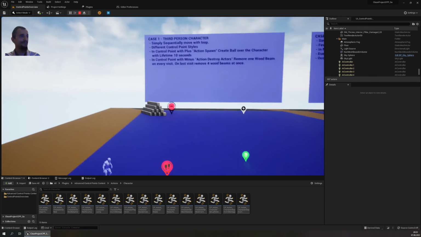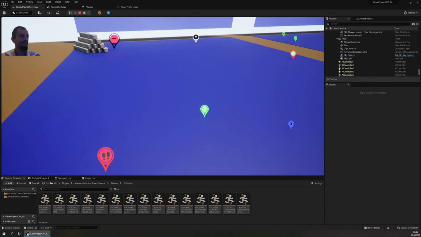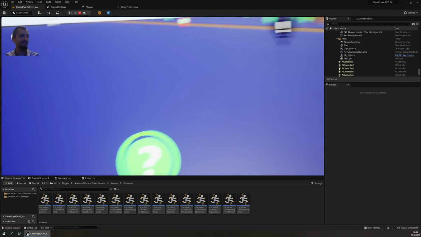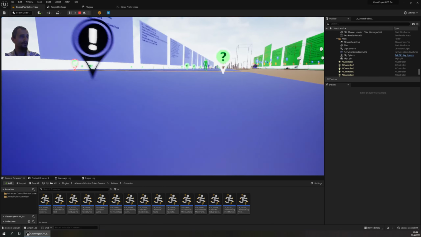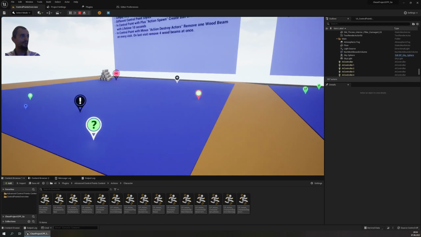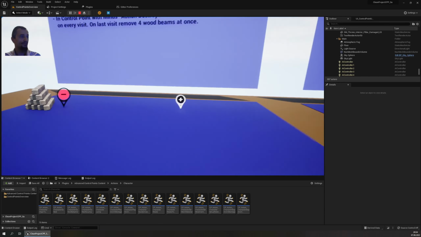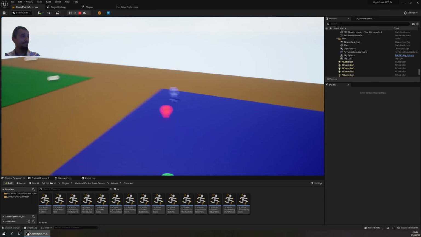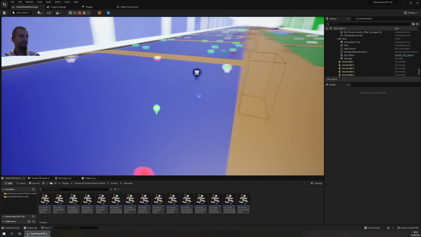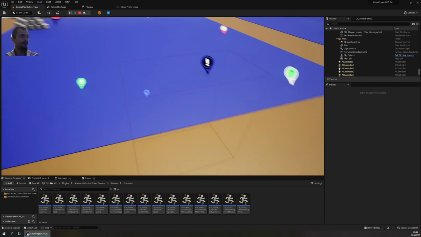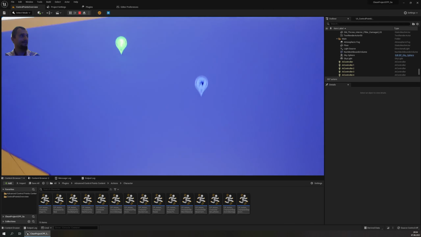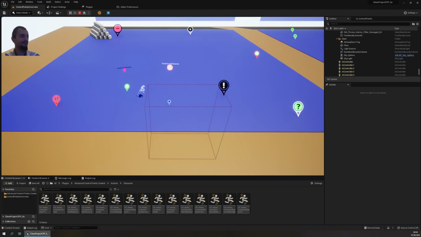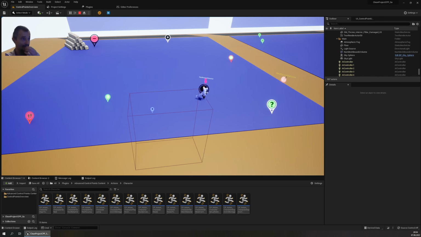The first, let's look at the colorful pins. They are control points. With control points we create paths for walking or for flying. Let's trigger this case and see the guy character